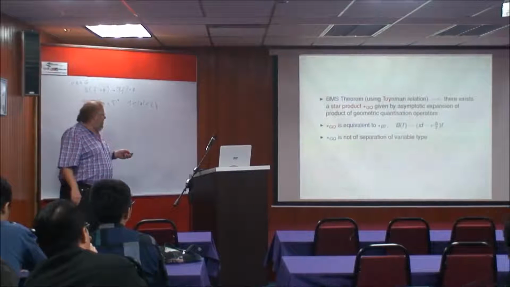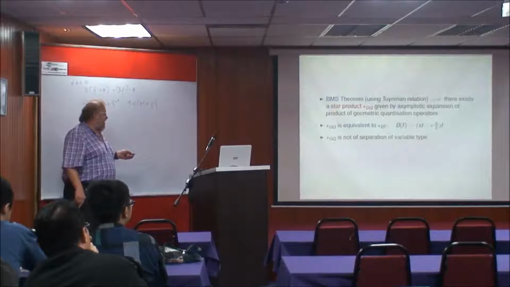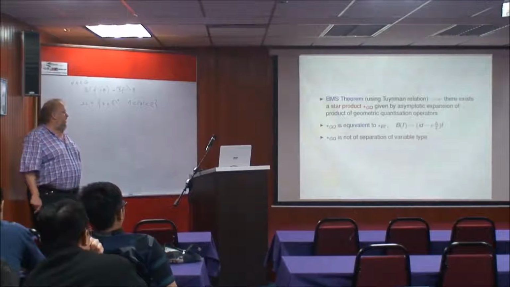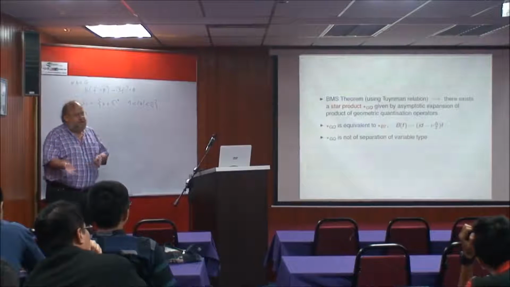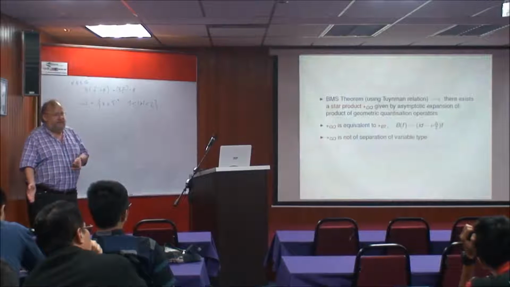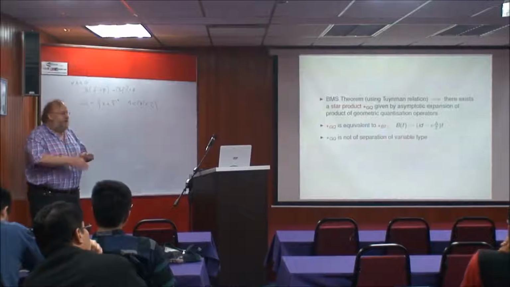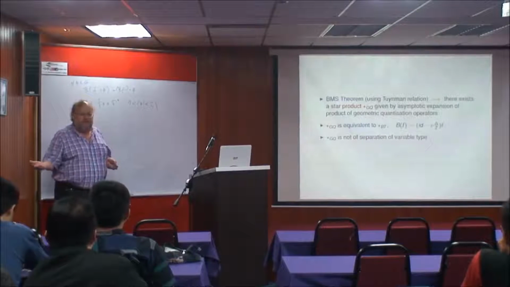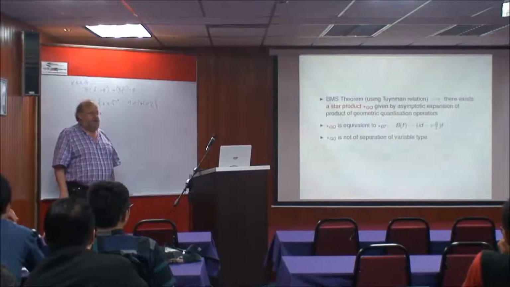Now, with the help of Feynman's relation, we can also show that there exists a star product for geometric quantization, given by the asymptotic expansion of these geometric quantization operators. Like for the Toeplitz, we can do it for the geometric quantization operators. We don't have to redo it in total, but we can use this Feynman relation relating Toeplitz with geometric quantization, and show that there is also a star product. Moreover,